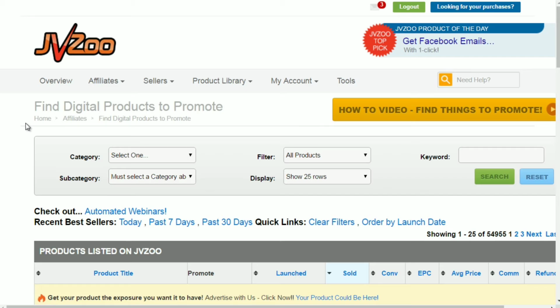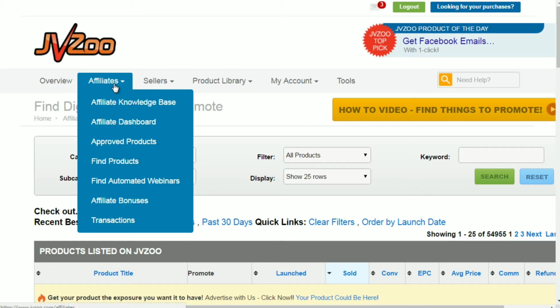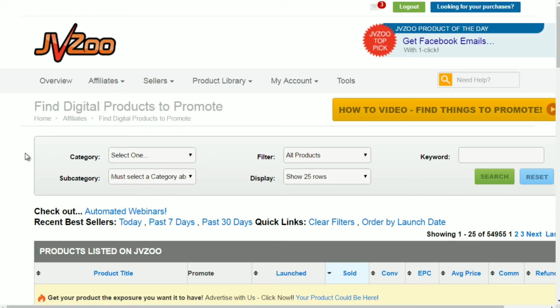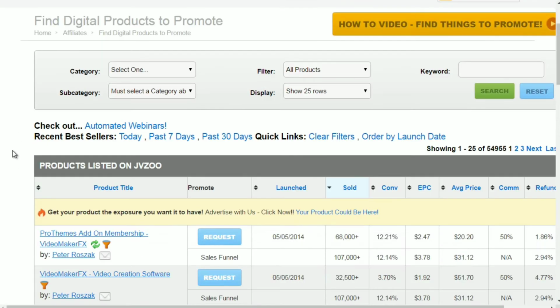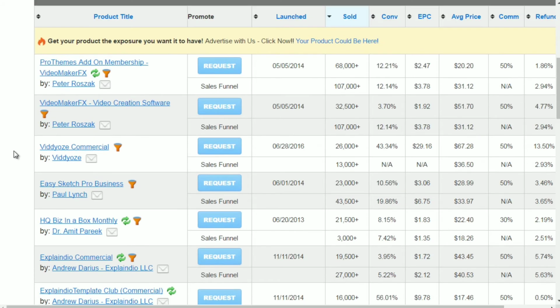Now, you do need an account to do this. So you need to go to jvzoo.com, create an account as an affiliate. And then if you go to the top and click on affiliates and click find products, you will be directed to this page where you'll be able to find digital products to promote. Now, obviously in this case, we're looking for vendors, but this gives us some good data to get an idea of what products are being sold,